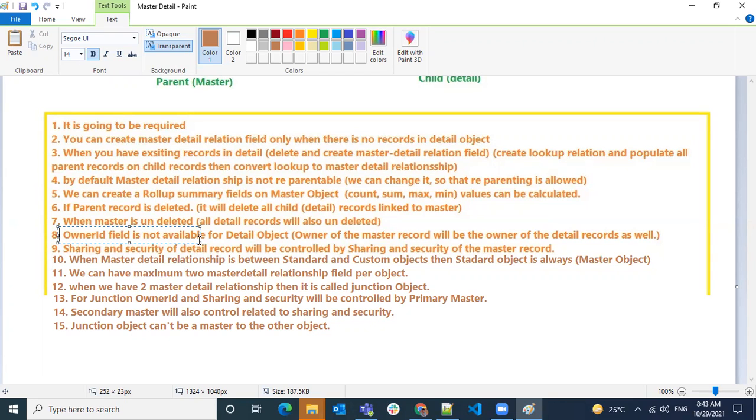Even though you have 100 or 10 lookup fields, whether you populate them or not, it's not required. So it may have a connection between the objects or it may not. We'll not call it a junction object, but still we can treat it as a junction to multiple objects, though we don't call it a junction object.